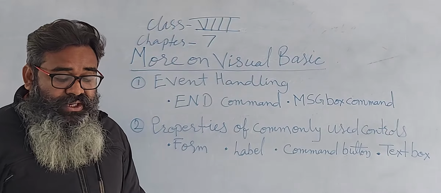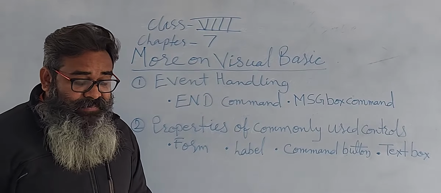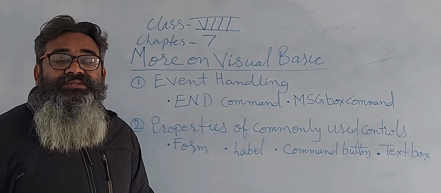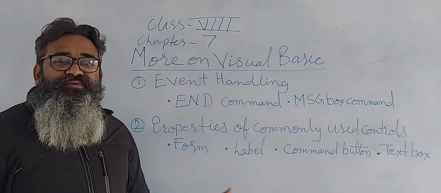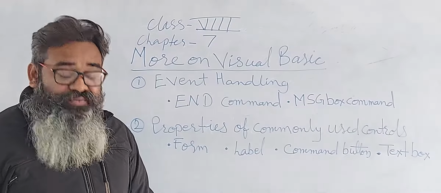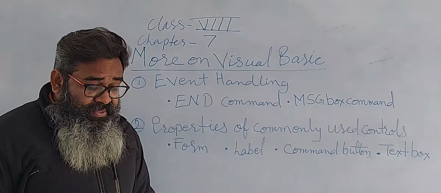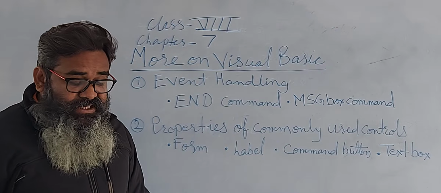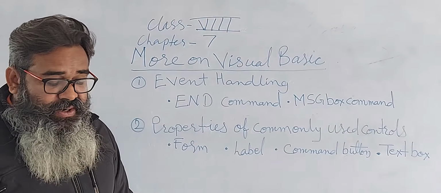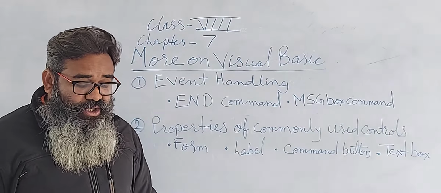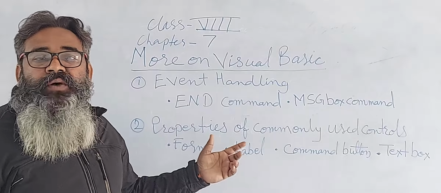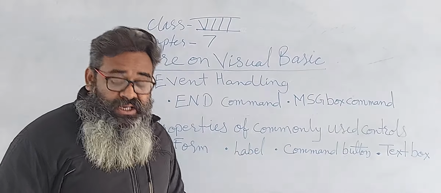The name is referred to at the time of handling the event. Caption sets the title of the form. That means we have to just create a form and give the name of the form. Visible specifies whether the form should be visible during execution or not. And BackColor sets the form background color. So these are the four properties. While using the form, we have to change them according to our choices.